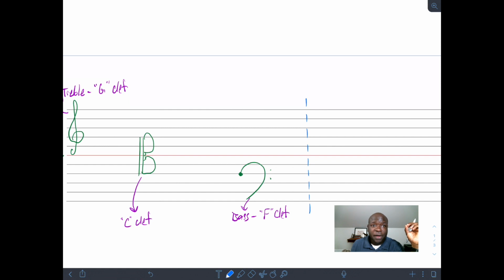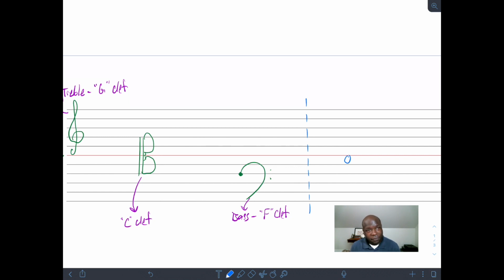All right, so now to drive this point home just a little bit more, here's what I'd like you to do. I'm going to take another note, not that E we talked about before, but another note that I'm going to put here, and I'd like you to take some staff paper and draw this note as it would appear in each of 3 of these clefs.